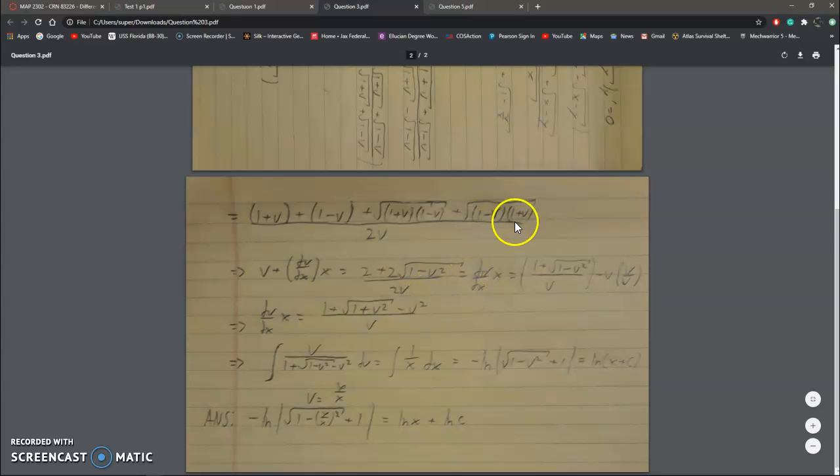Then the 2's go away, and you get that v over here on this side, and then dv divided by dx times x equals 1 plus the square root of 1 minus v squared minus v squared, divided by v, which then